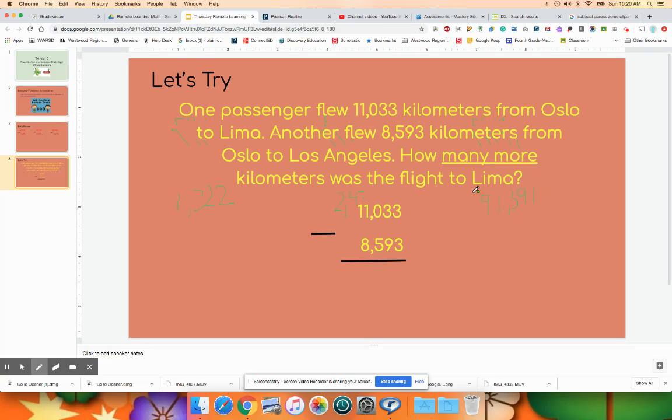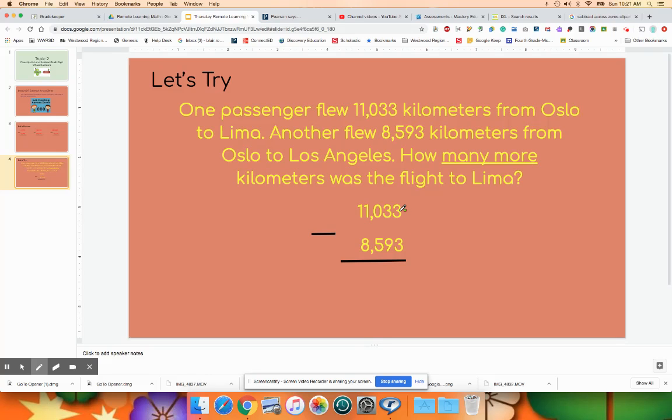All right. So let's look at it in the form of a word problem. One passenger flew 11,033 kilometers from Oslo to Lima. Another flew 8,593 kilometers from Oslo to Los Angeles. How many more kilometers was the flight to Lima? So I underlined how many more because that's my clue to let me know that I'm doing subtraction. All right, they want me to find the difference between the mileage to Lima opposed to the mileage to Los Angeles, okay? So I'm going to subtract 11,033 minus